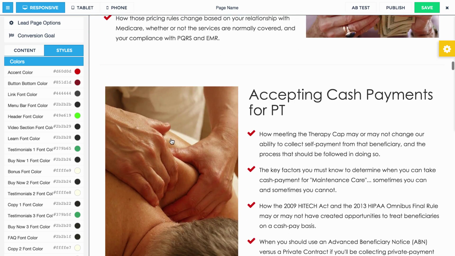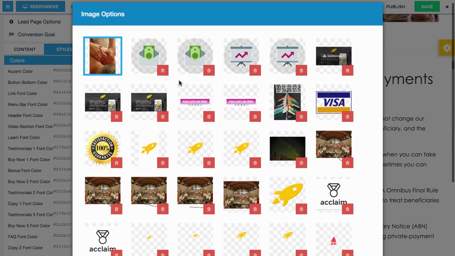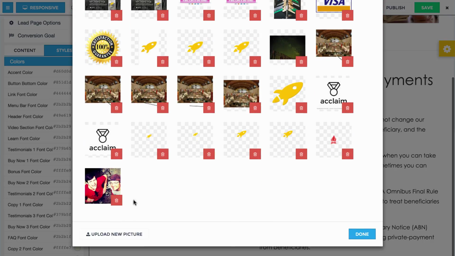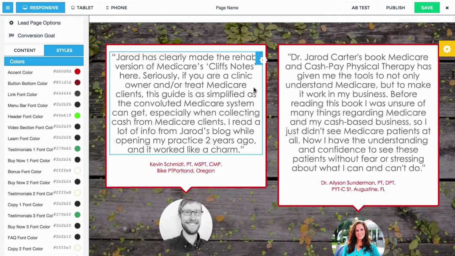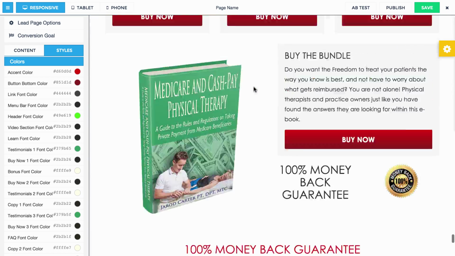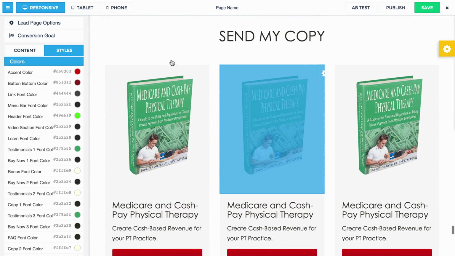Hopefully you know how to use the builder. Here's how you change out an image. You just click it, pick one from your library. You can also upload your own picture into the library as well. And one other thing to note that sometimes is a little tricky,